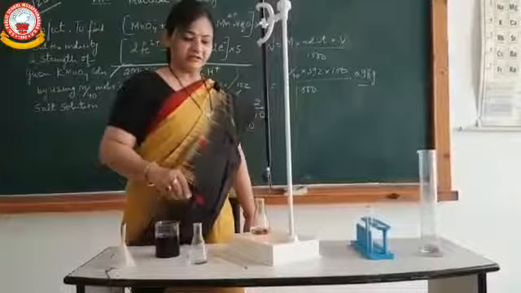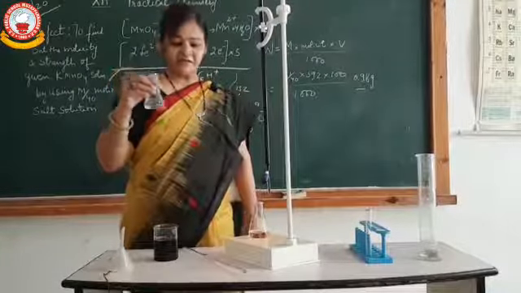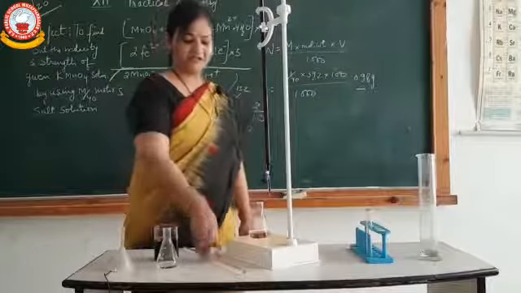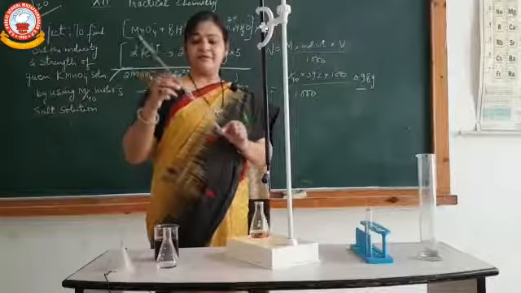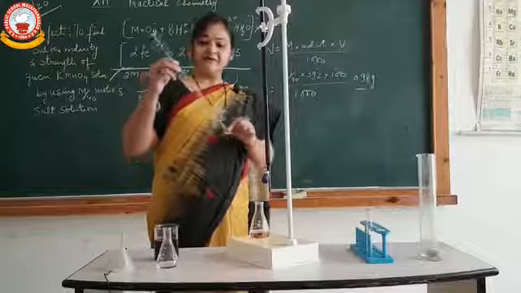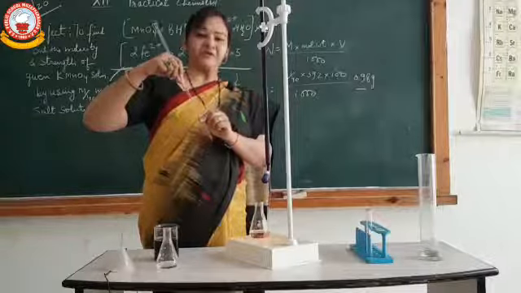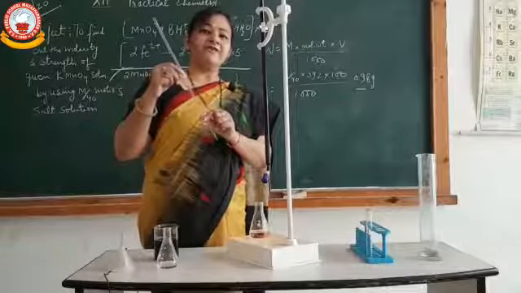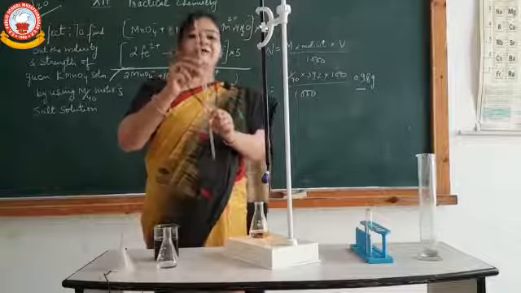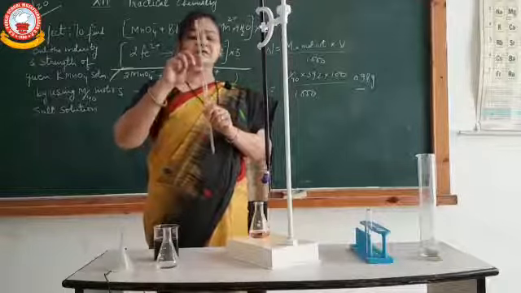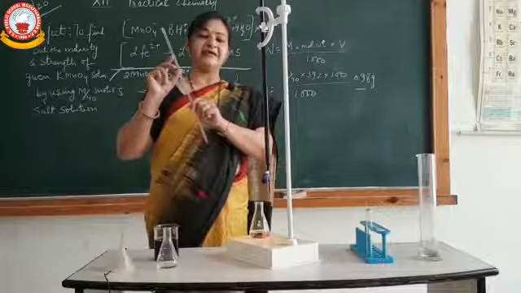Now this is the titrating flask. In this titrating flask, you will add Mohr salt with the help of this pipette. This is also a long tube with a bulb in the center. On this bulb, you can see that the volume of the pipette is marked. The pipette I am carrying is of 10 ml, and there is a etch mark on this pipette which shows that up to this etch mark the volume is 10 ml.